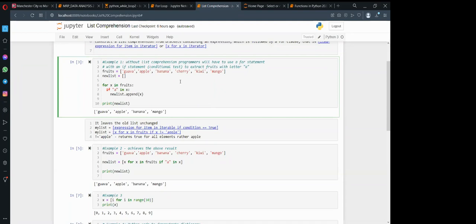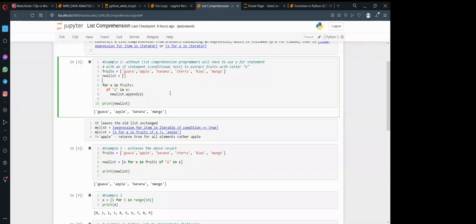This list of fruits, you want to produce a new list, a list of the fruits whose names have the letter A. So we are expecting guavas, apples, bananas, and mango to be in that list.